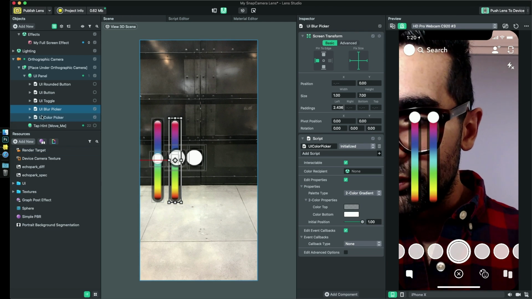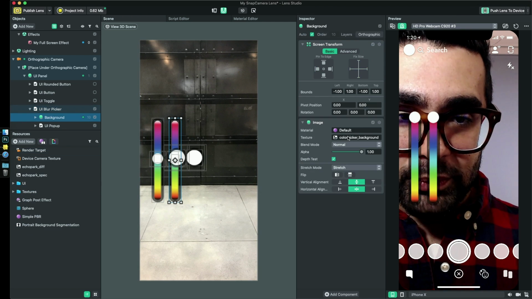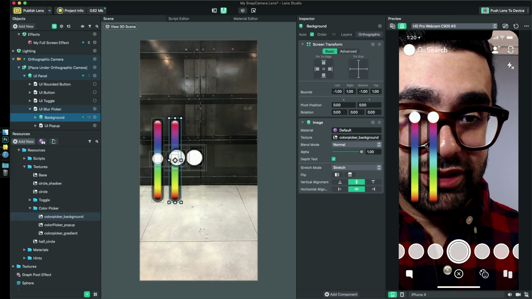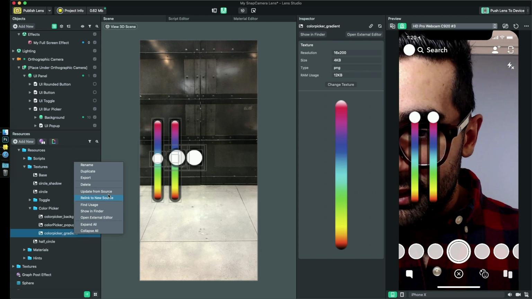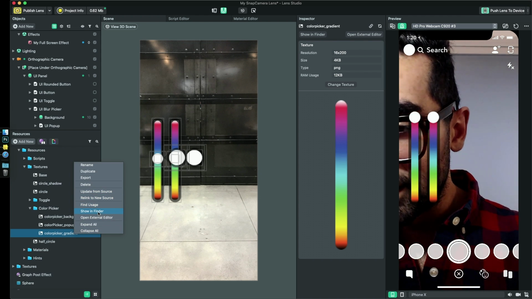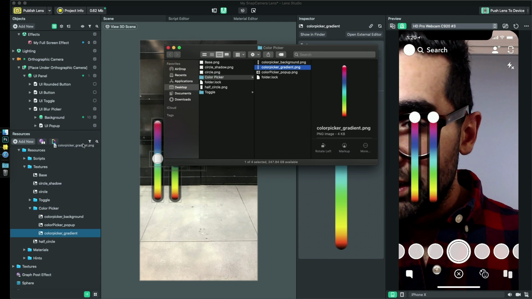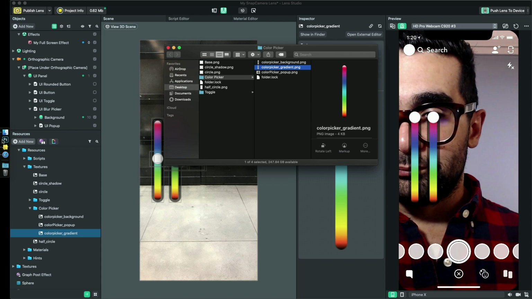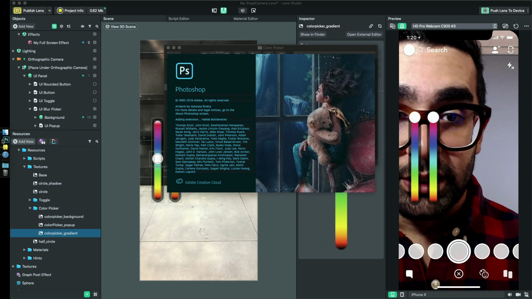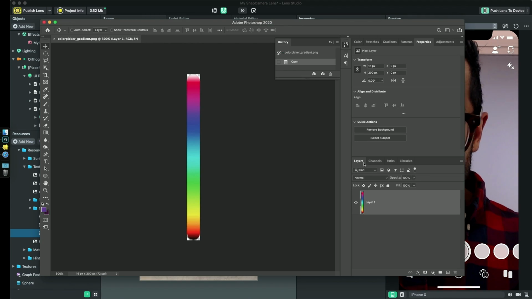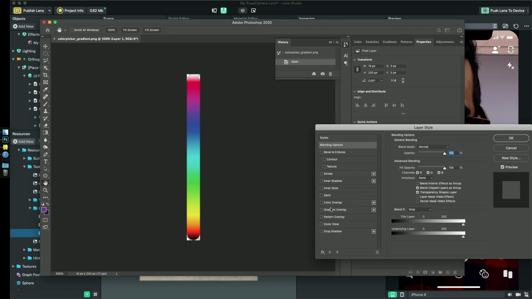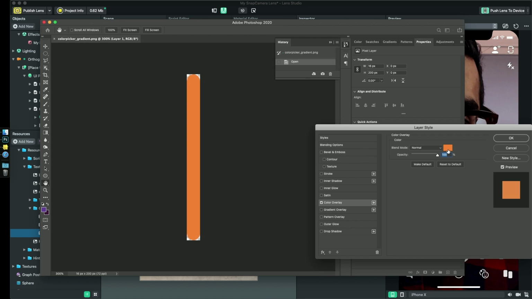I'm actually gonna create the texture in here that we can change this to another color that we can use. So I'm gonna find the gradient and right click on it and show in Finder. And I'm gonna open it in Photoshop to create another texture for the blurriness so that it feels like it's blurry. I'm not gonna spend too much on it, but what I'm gonna do is add the color overlay and make it white,